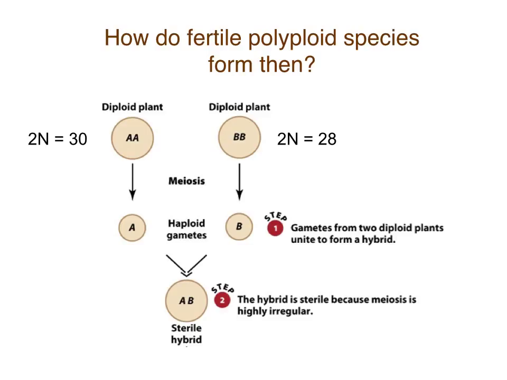Okay, so if we can see why we get sterile individuals when they have polyploidy, we have to answer the flip side of it. How do we get fertile individuals from polyploidy? When we looked at all these plants, strawberries, etc., we see that they are the result of polyploidy, a complete genome duplication. So how do those types of individuals form? What has to happen?